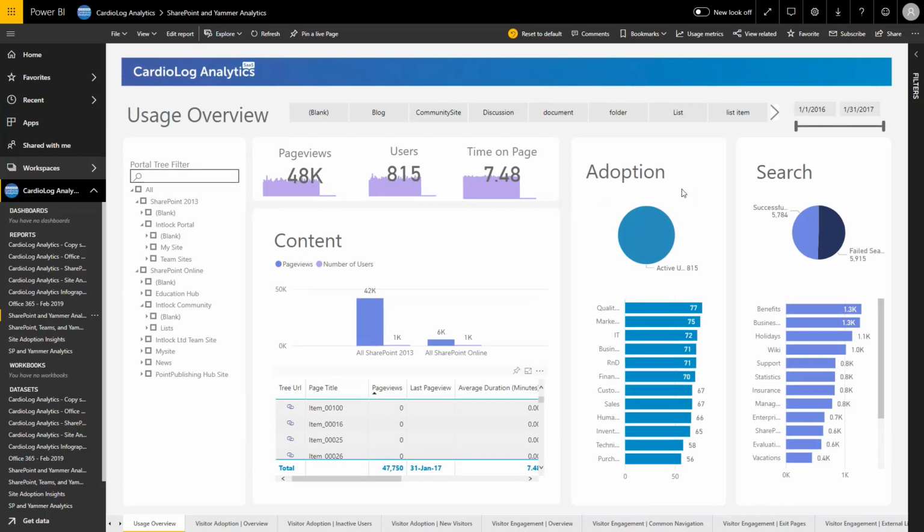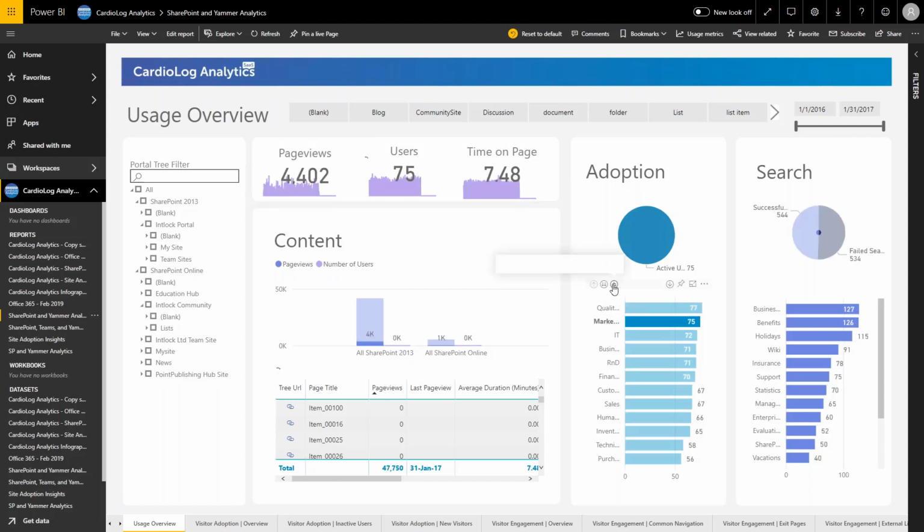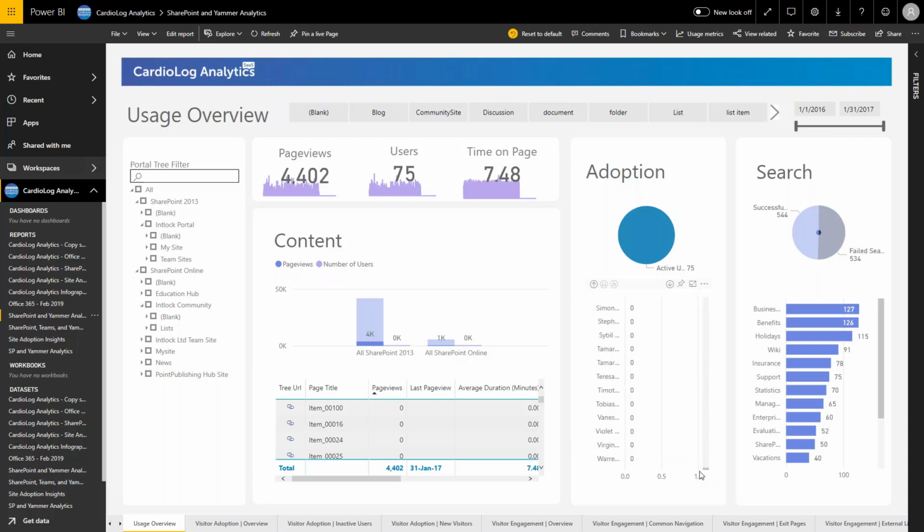Next, we can take a look at the adoption column right here. So we can take a look at the adoption through the different departments. And again, I can click on any department to see exactly how they use it. So if our customer has a low budget training request, you can offer it to the departments that really need it. But you can also go and drill down and see the individuals and how they're using SharePoint. So right here, you can detect that actually there are quite a lot of people that don't use SharePoint at all. So maybe you can offer some targeted